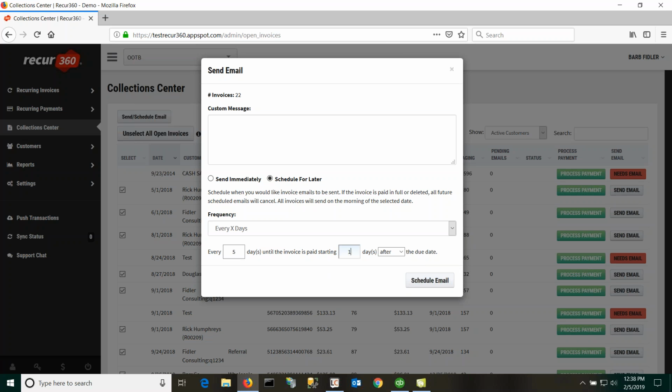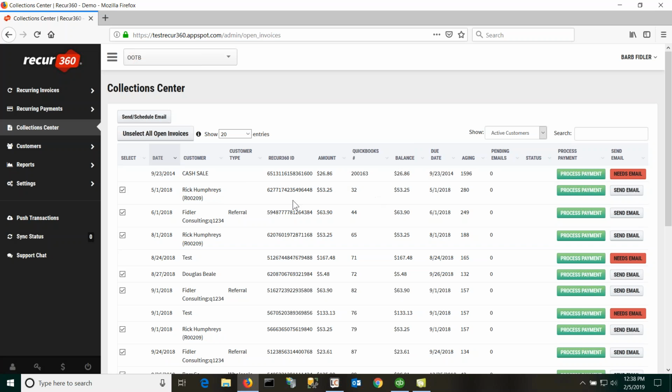So maybe I'll give them a 10 day grace period. But anybody that's past that, I want you to get a reminder email every 5 days. Once that's scheduled, you don't have to do anything in Recur360. That email is automatically going to go out and begin sending to that customer until it gets paid or